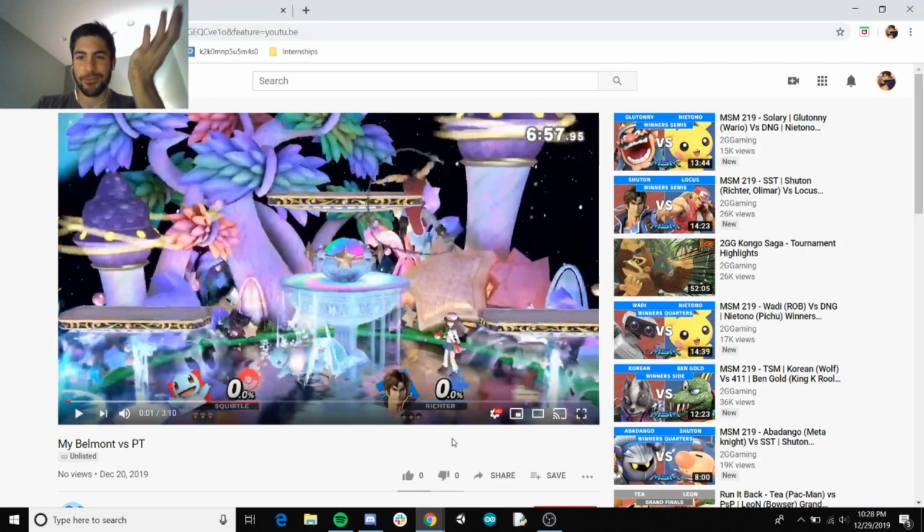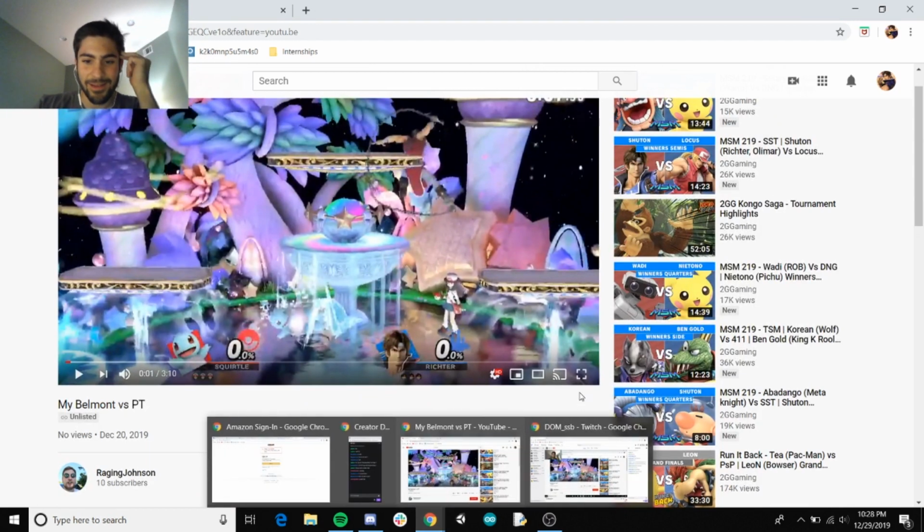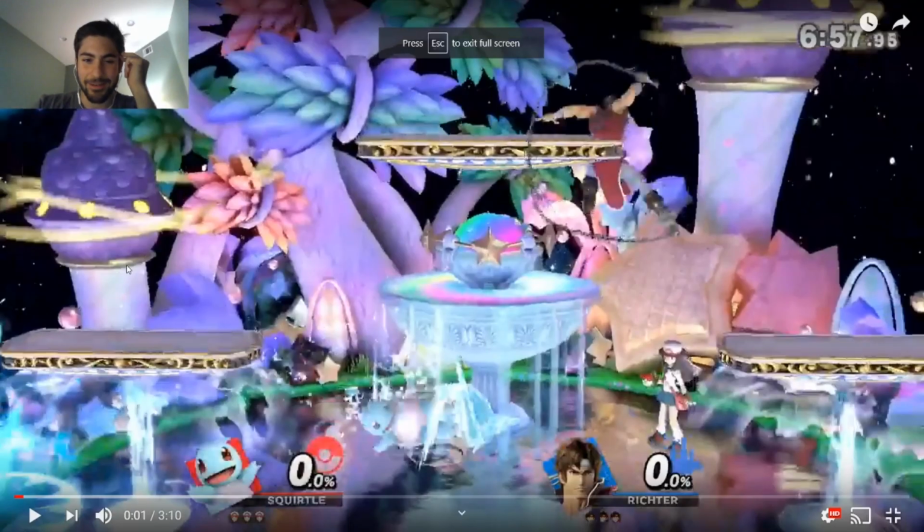Okay, so this is from Zed. Wait, hold on. The Zemedic. So he sent me this VOD. Okay, so he's fighting a PT, it looks like. This matchup's about even, but if you're the PT player, you're gonna want to use Squirtle